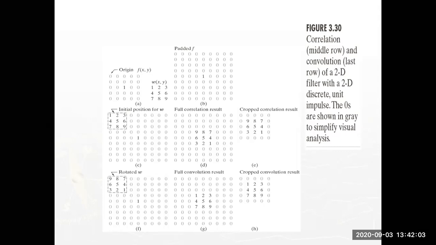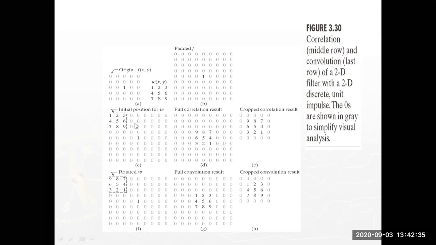There is a need for padding. By padding, how many digits am I padding? 3 on the left side, 3 on the right side, up and down. If you pad the zeros to the original image, the 5 into 5 converts into 8 into 8. What is the reason? To perform your correlation or convolution. Generally first we need a correlation.